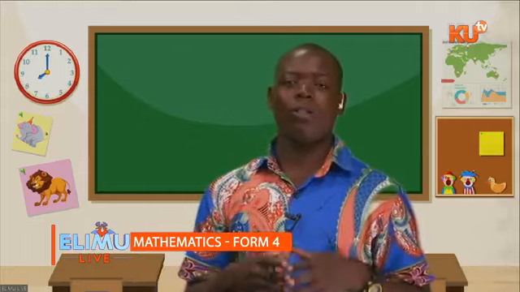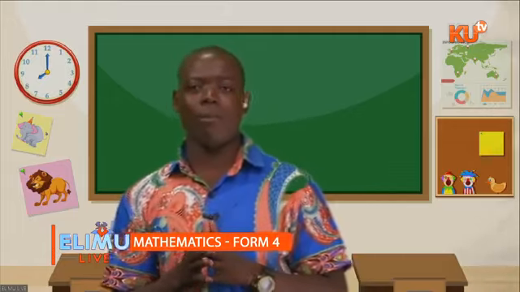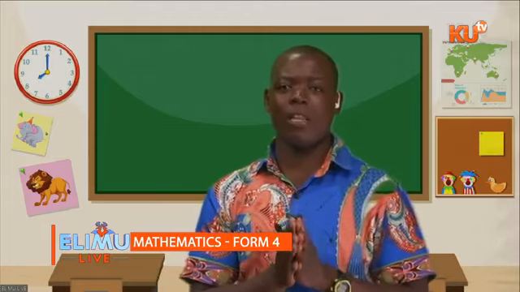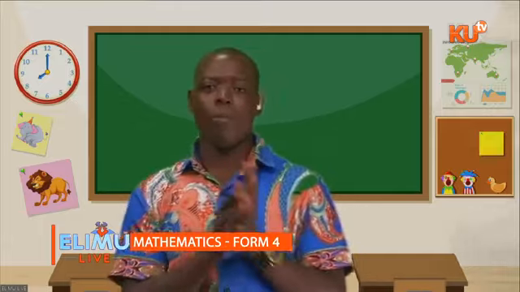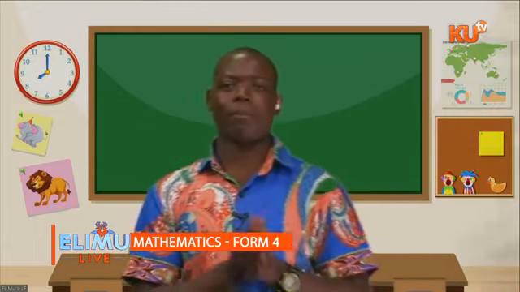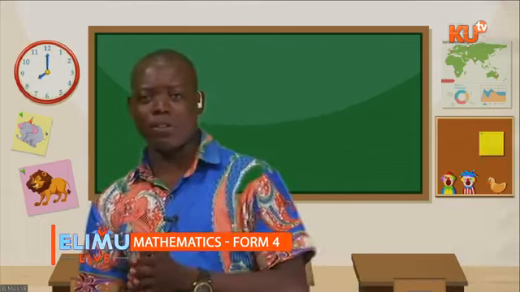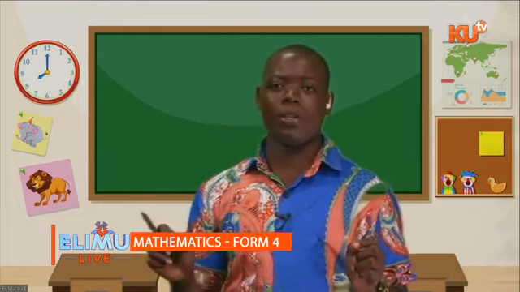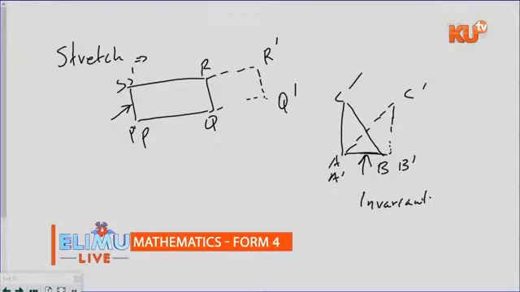So now we want to get into the details of what each one of them entails, but we'll do them in form of questions so that we can bring out the 3 aspects. And I've said the 3 aspects that we must start with is: 1, how do you obtain the image, given the object under a matrix of transformation? And number 2, how do you obtain the object given the matrix and the image? And number 3, how do you obtain the matrix of transformation given the object and the image? So when you're revising, ensure you understand those 3 components so that you will be able to cover this part well. And so in this case now,